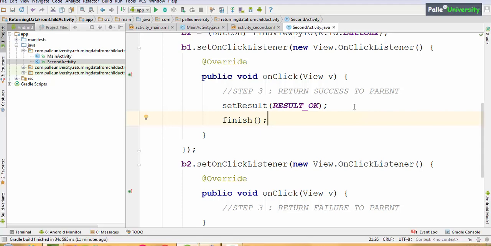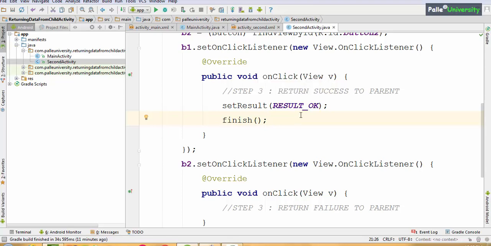If you remember, I told that result OK is a predefined constant given by the Android system which represents a success. If you want to see where this result OK is defined, you can press Ctrl on your keyboard, move the cursor and click here. When I am moving the cursor here, you can observe it is a public static final variable which is equivalent to -1, and this integer variable is defined in the activity.java file, which is a predefined Java file given by the Android system.